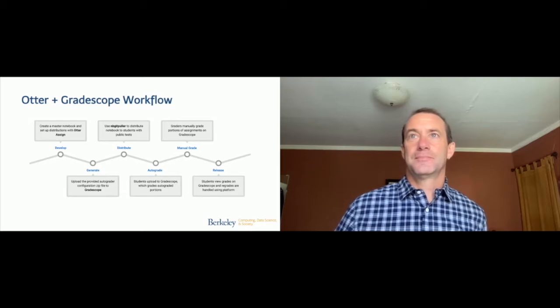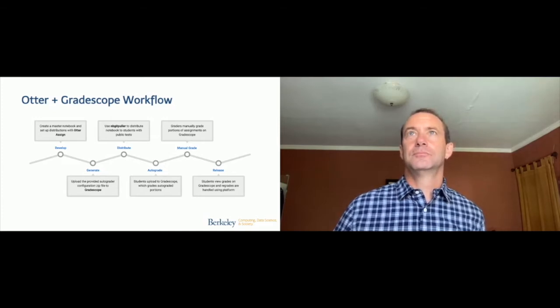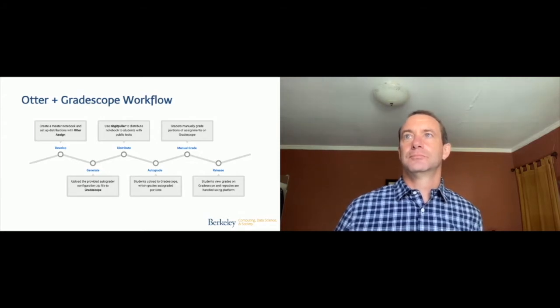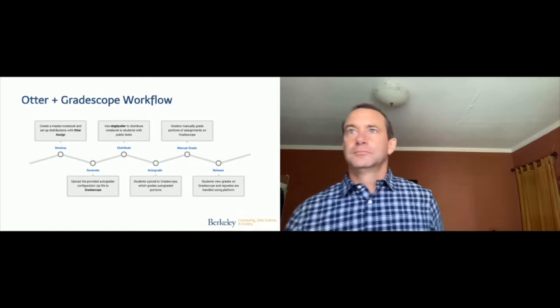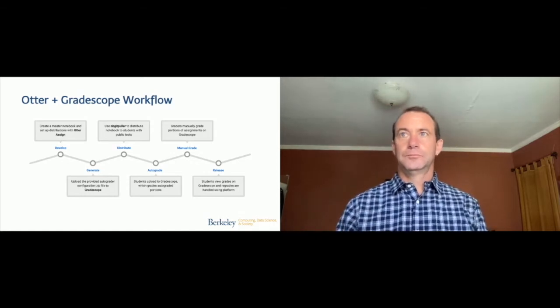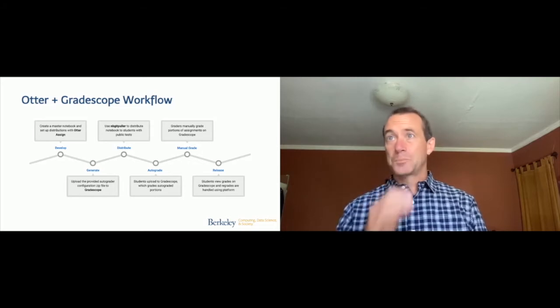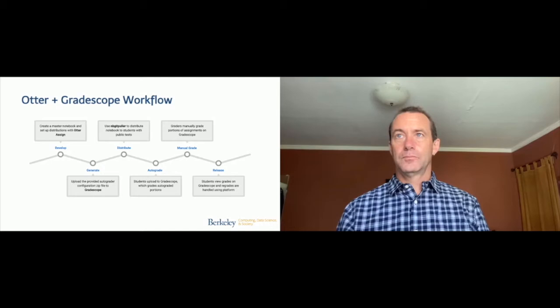So it starts off by developing a master notebook. And this is a notebook that contains all of your narrative for the assignment, all of the questions, all of the solutions, and any test cases as code cells in this assignment in a very simple, easy-to-write notebook. And then there's a tool that Otter has called Otter Assign, which parses this notebook and gives you 2 different versions as output. One has got solutions in it, and that's for the Autograder, and one has all the solutions stripped, and that's for just giving the students.